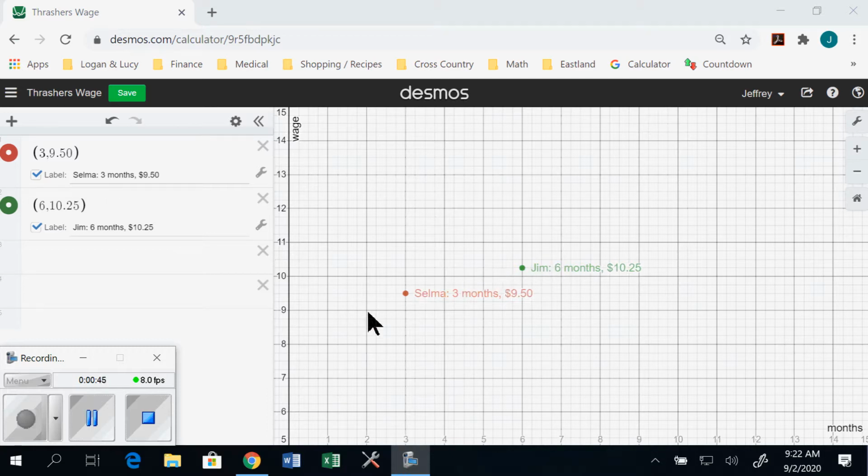If we were to know this changes by a steady amount, we can make a basic prediction. It's probably going to be between $8 an hour to $9 an hour. But I want it exactly. Can you tell me the exact starting salary of an employee here? And what about an employee who's worked here for a year? What if somebody's been working here for 12 months? We could kind of eyeball it and say, oh, they're probably making around $11 to $12 an hour. I want the exact answer. And as a matter of fact,